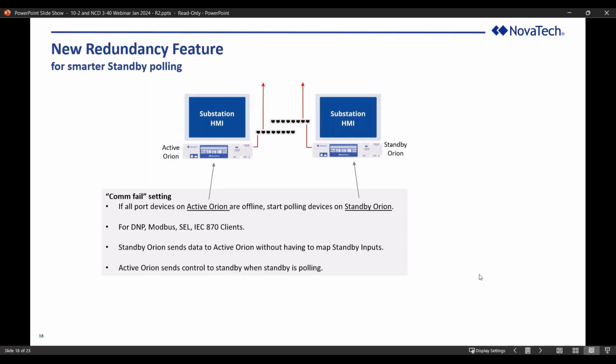The other thing that's nice is that the standby Orion, which is polling those devices that can't be accessed by the active Orion, will send the data to the active Orion without having to map the standby inputs. That saves you an engineering step there. Also, the active Orion will send controls to the standby when the standby is polling. So this simplifies matters considerably in applications where a fairly large number of the IEDs can't be polled all the